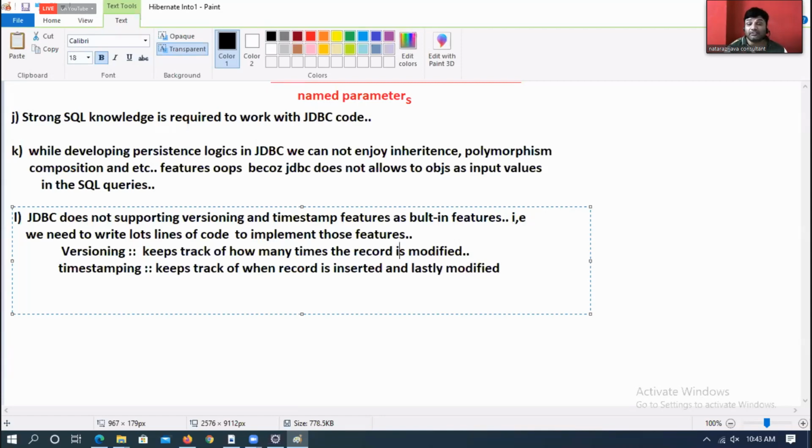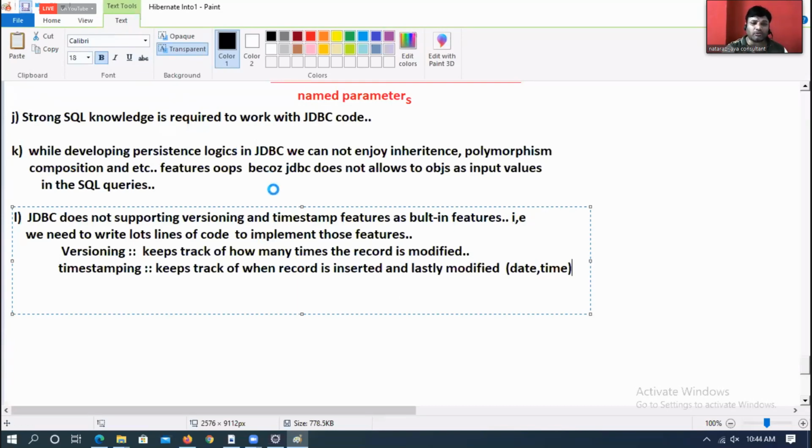See boss, versioning gives the count, and this gives date and time. It keeps track of when the record is inserted and lastly modified. It will remember the date and time of when the record is inserted. It will remember the date and time of when that record is lastly modified.